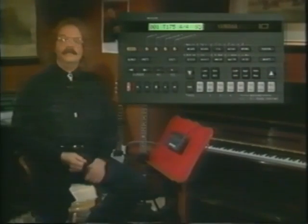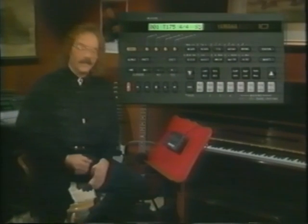The QY10 already knows all the rules of music theory, voice leading, and harmony. We're going to record a pattern that will take advantage of this unique talent. Now, as with writing any original musical composition, this section can get a bit involved. But as I put this pattern together, one track at a time, you will begin to understand just how easy it really is. Select pattern mode, pattern number 00,